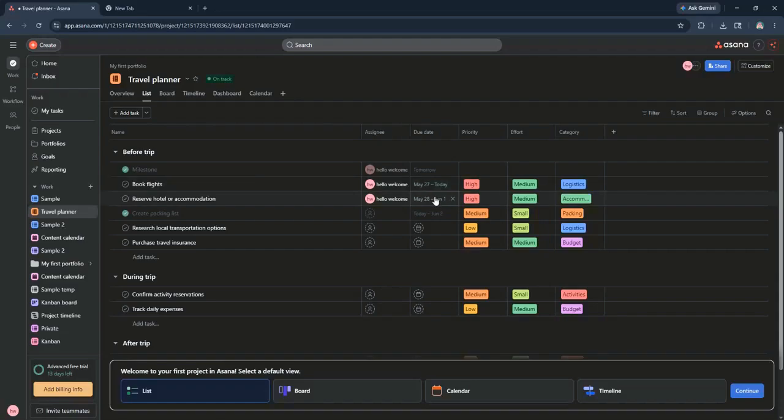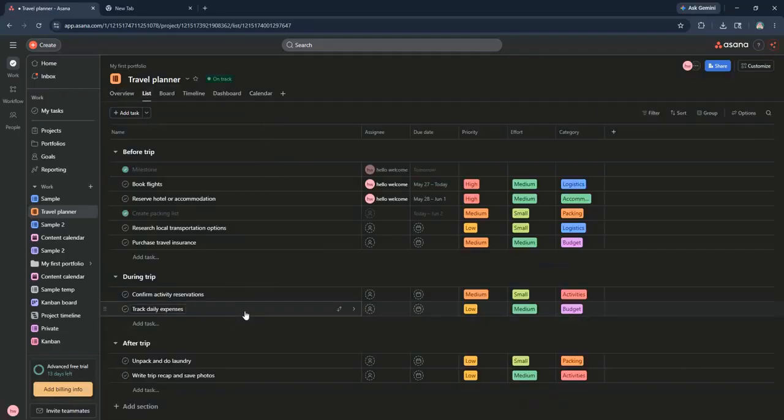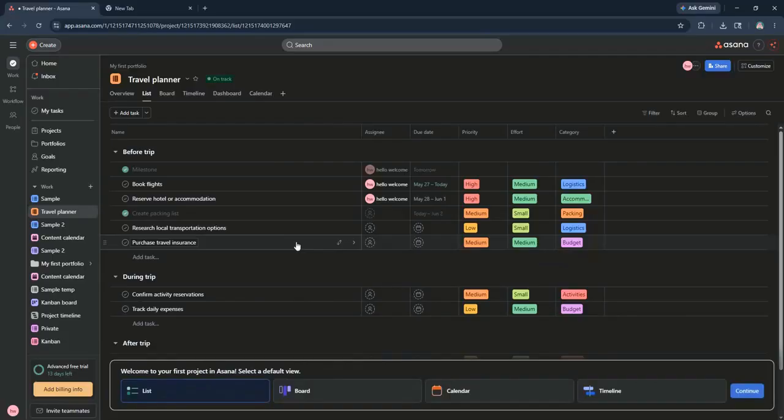Click on the Add Task button, and for each task, give it a clear and descriptive name. Assign the task to a team member by clicking on the Assignee field and selecting their name. Set due dates by clicking the calendar icon, ensuring everyone knows the timeline. You can add subtasks by clicking on the task and then selecting Add Subtask, breaking down larger tasks into manageable